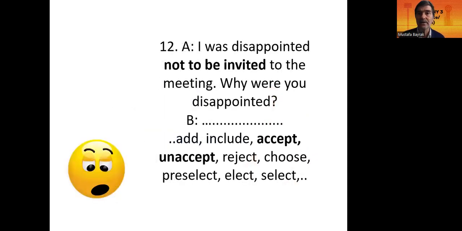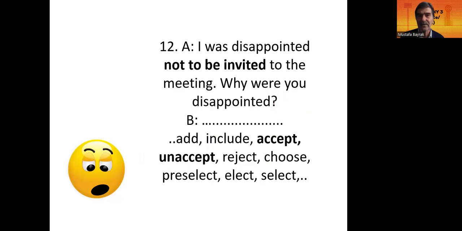Dialogue 12a. I was disappointed. I was disappointed, adjective, not to be invited. I was disappointed not to be invited to the meeting. Why were you disappointed? Yes, I was disappointed